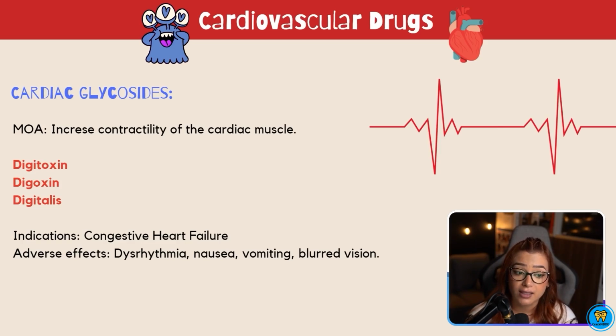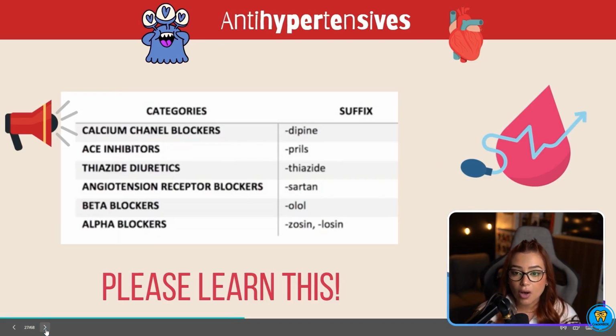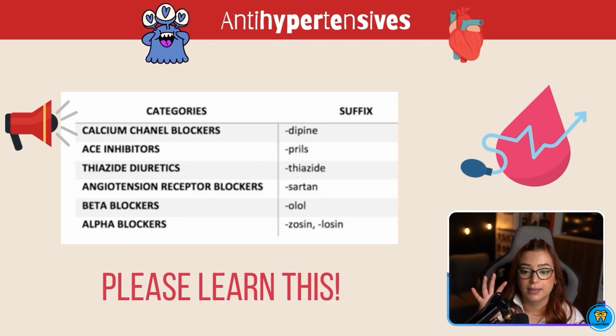We have digoxin, and the most common one, digitalis. The indications are for congestive heart failure, and the adverse effects are dysrhythmia, nausea, vomiting, and blurred vision. So I have this little table